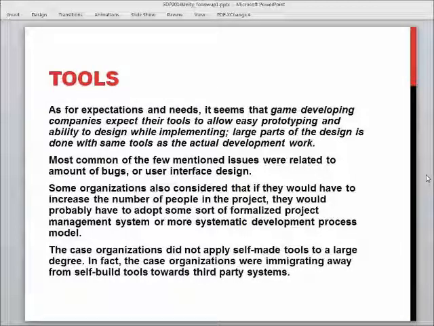So, on the tool selection principles, I mentioned that there are same tools and there are different tools for developing games and developing software. But here are some ideas on how these tools are selected. Well, first of all, there's no separate design tool. Usually, game companies select their tools so that they allow easy prototyping or doing designs with less than complete